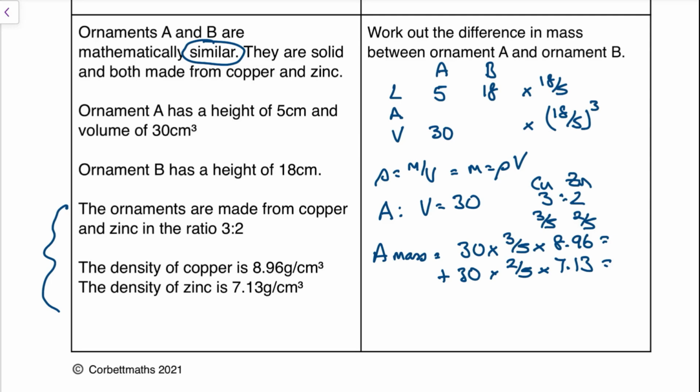So the first one, 30 times 3/5, again, fraction button on a calculator, be careful, times 8.96 is going to give me 161.28. And that's grams equivalent. And then in zinc, it's 30 times 2/5, times 7.13, which is going to give me 85.56. And then if I add these numbers up, 161.28 plus 85.56, that's going to give me a total mass for ornament A of